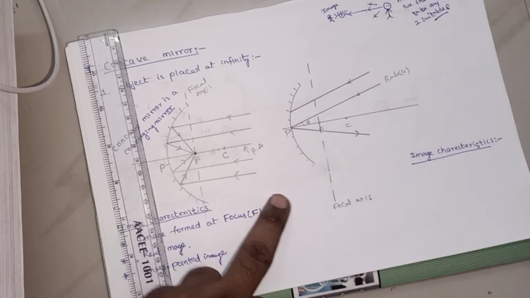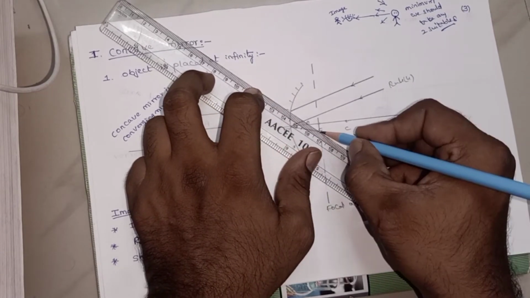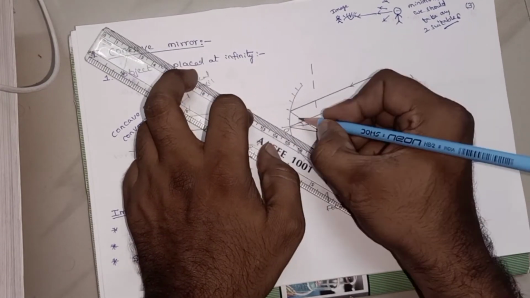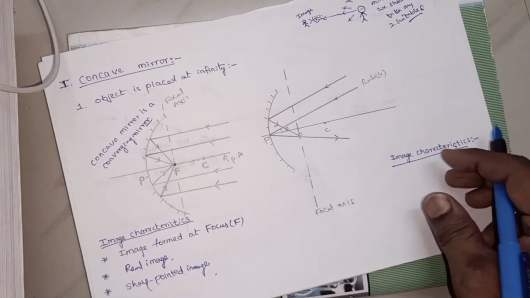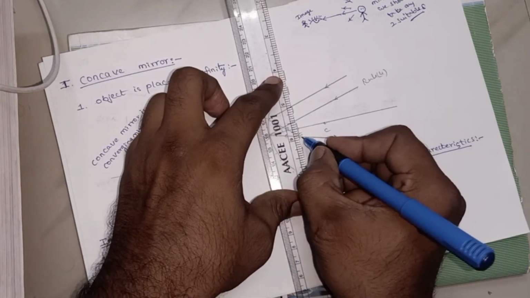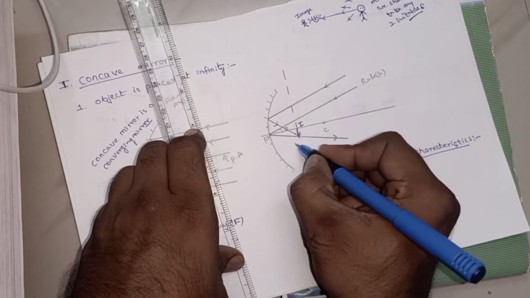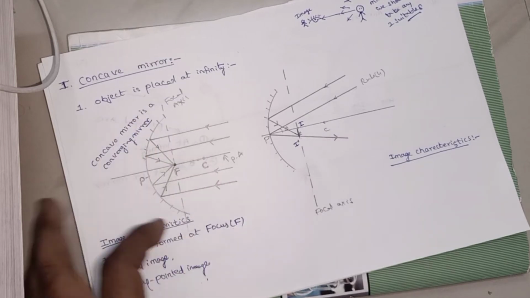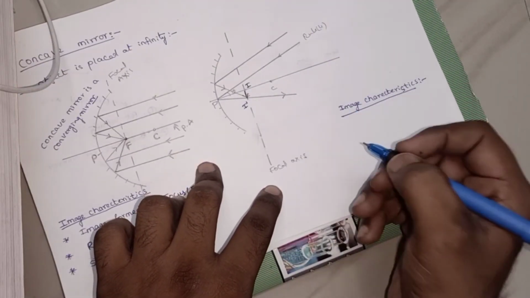This point you should remember, children. So all the rays will converge at the focus. Like this you are going to get. Now from infinity, whatever rays are coming, the rays converge on the focal axis. Now you will get the image like this. This I dash is the image. If you consider I dash as the image, now what are the image characteristics?